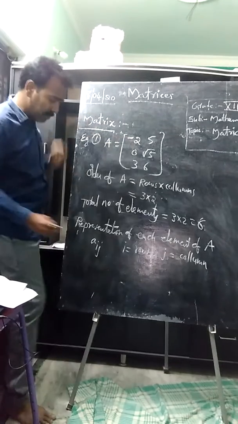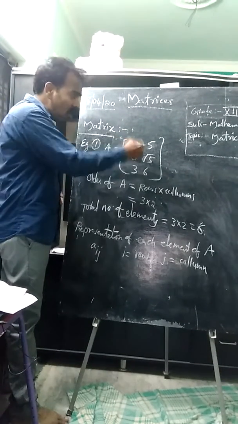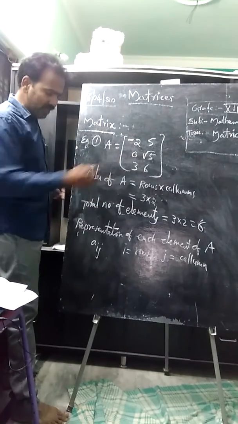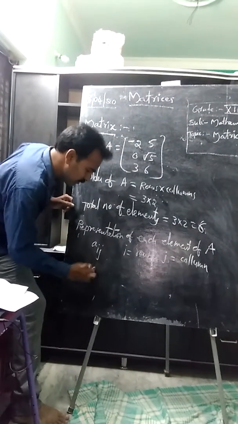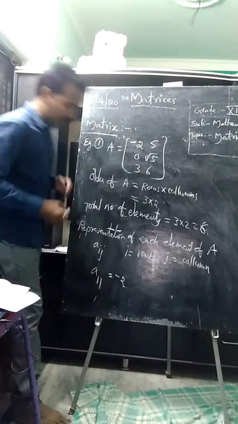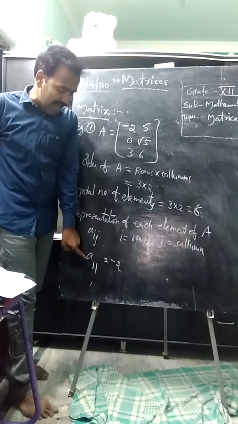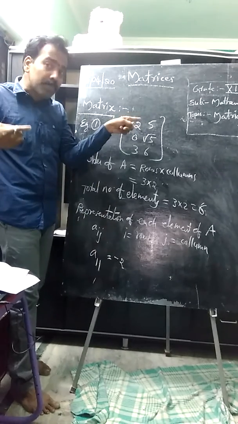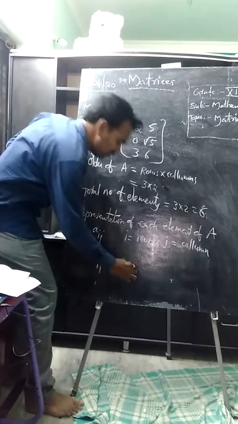We can write minus 2. It belongs to first row, first column. So we can write minus 2 as A11. That is nothing but minus 2. A11 means the element which belongs to first row and first column as per our matrix is minus 2. Then after,